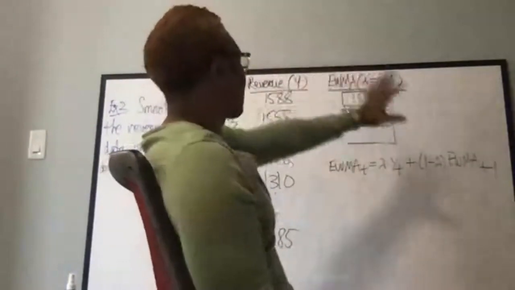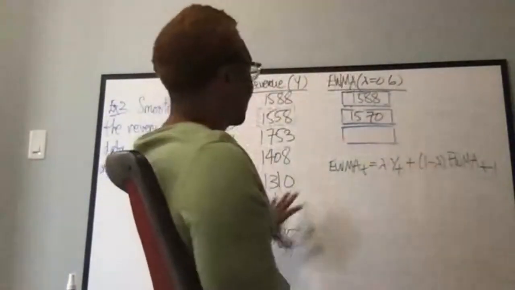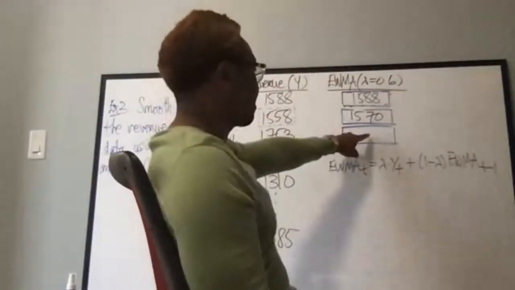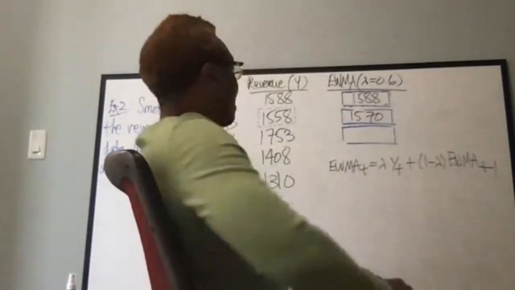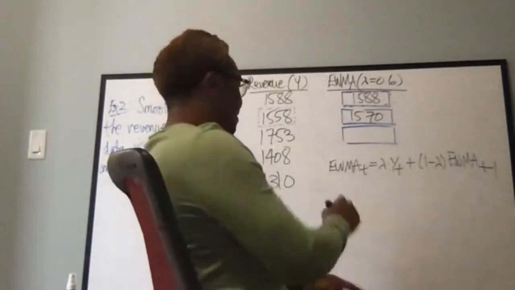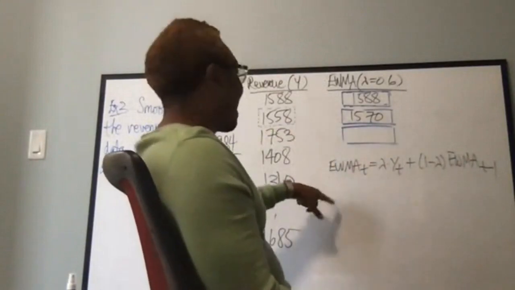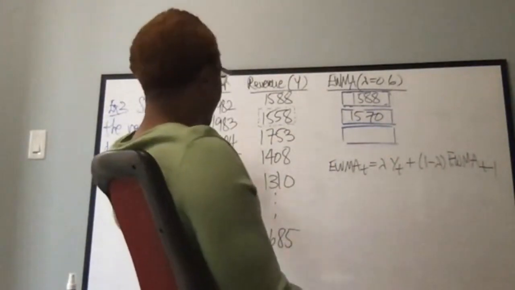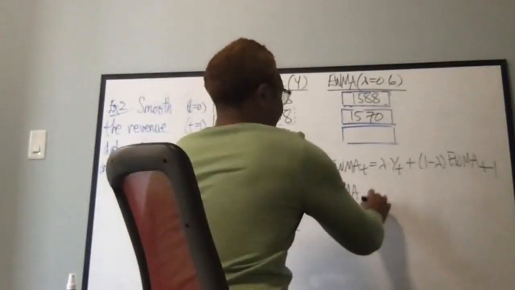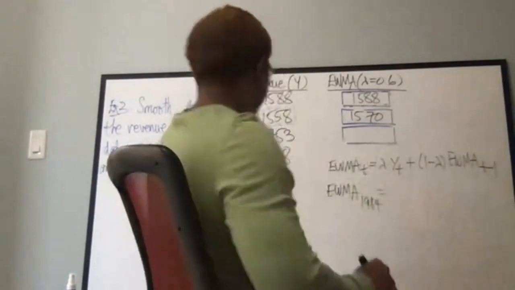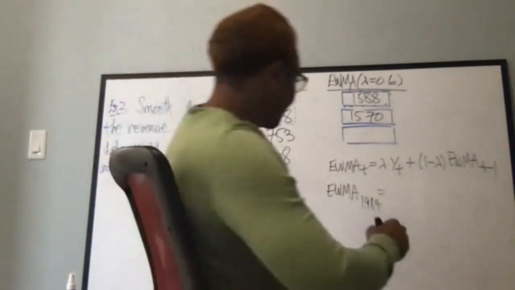So in other words, I could erase all this stuff right here, but I don't think that'd be too wise because you need to see this right here and this right here. So I'm going to calculate this right here using the scratch work right here. All right, so now this algorithm here is the same one that we used to get this one. But now our T is 2. We're going up, and it's going to be EWMA of 1984. We're going to go to the next year. That equals